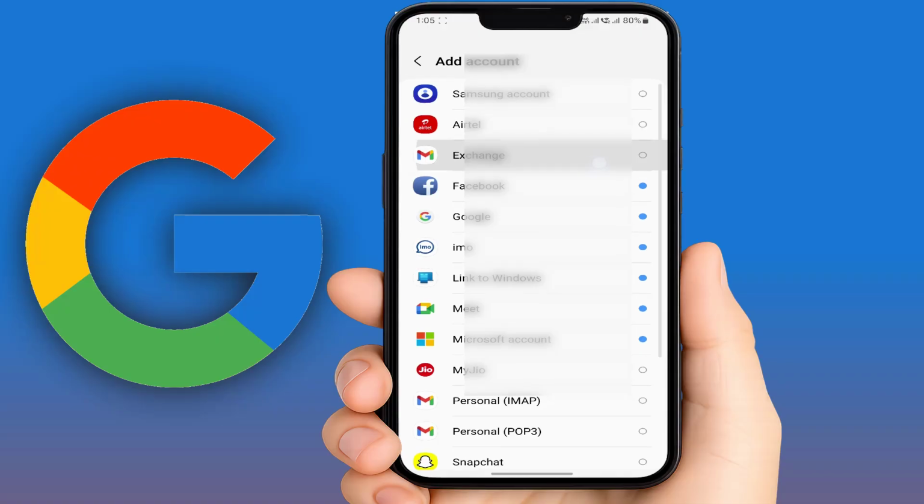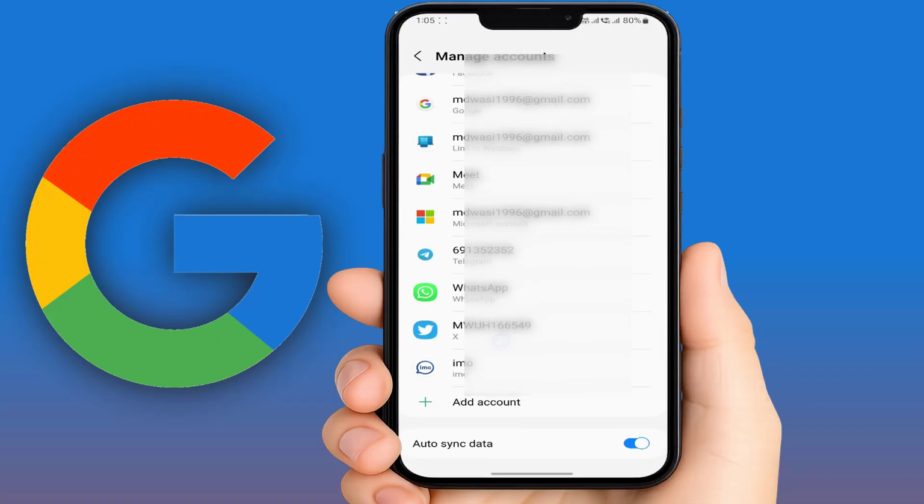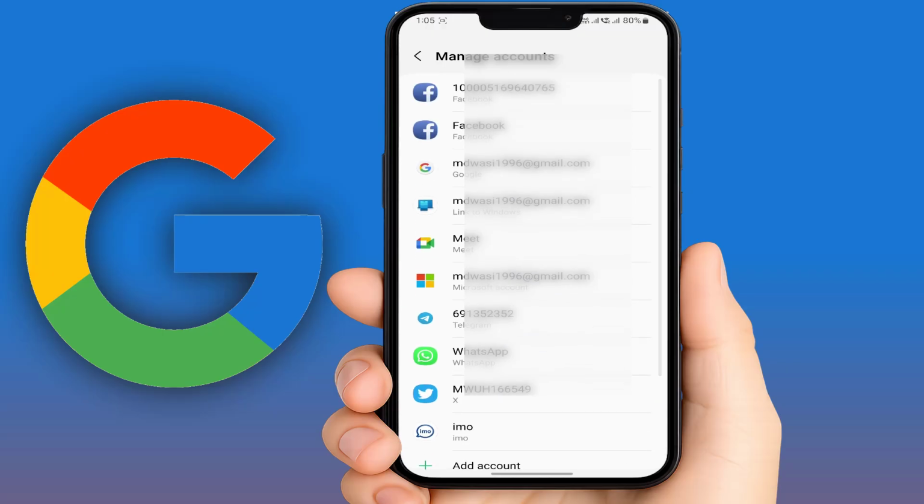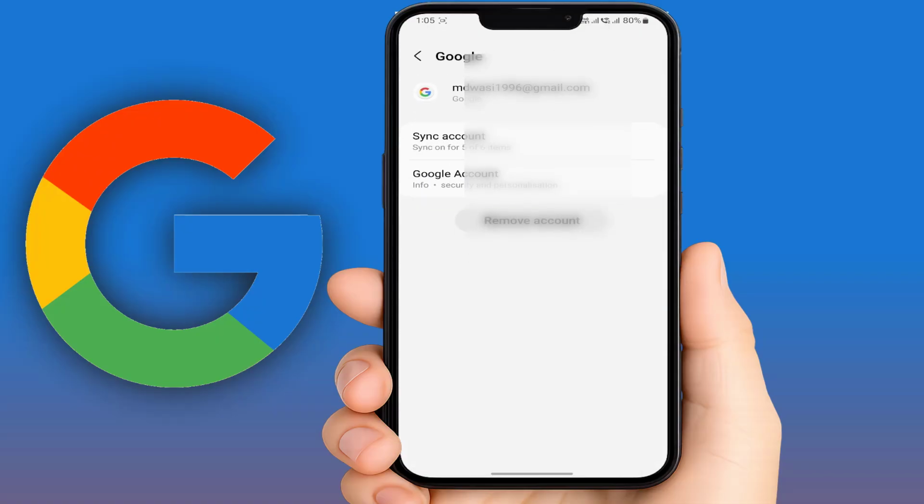To do this, guys, in the same phone settings, here you can get the option manage account. You can get all your Google accounts here. If you want to remove any Google account, just tap on it. Here you can get the option remove account. Just tap on it. Important note, guys, removing an account will also remove its email, contacts, app data and Play